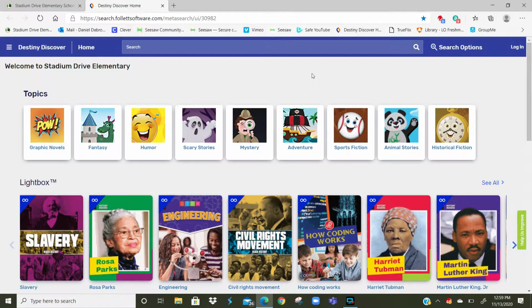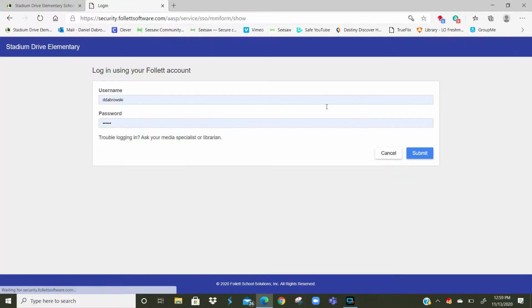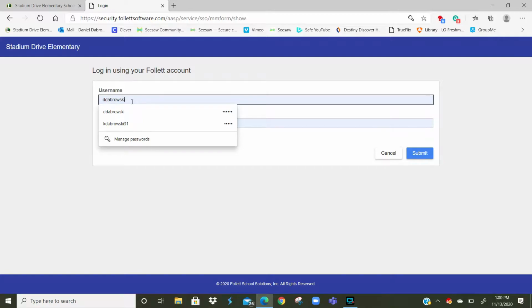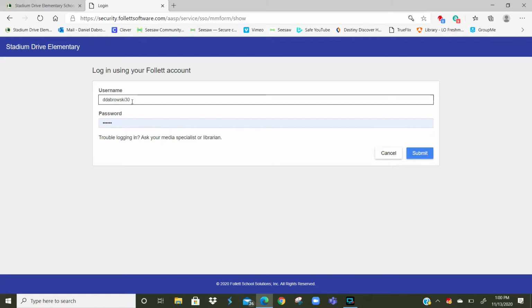Once Destiny Discover loads, it will look like this on the home screen. The first thing that you want to do is log in. Click on the top right-hand corner, log in. Everyone has a unique username and password. The username for every student is their first initial, last name, and then the last 2 digits of your grad year. If I were in 3rd grade, because you are scheduled to graduate in the year 2030, I would be